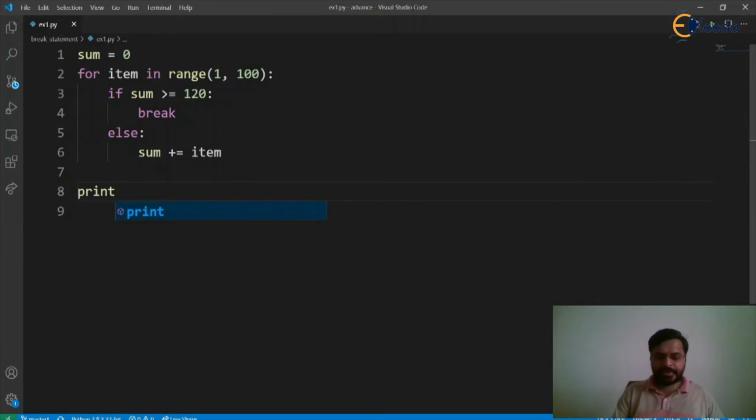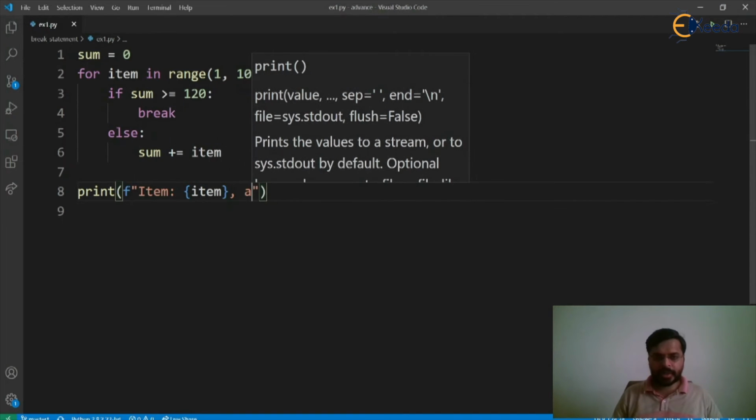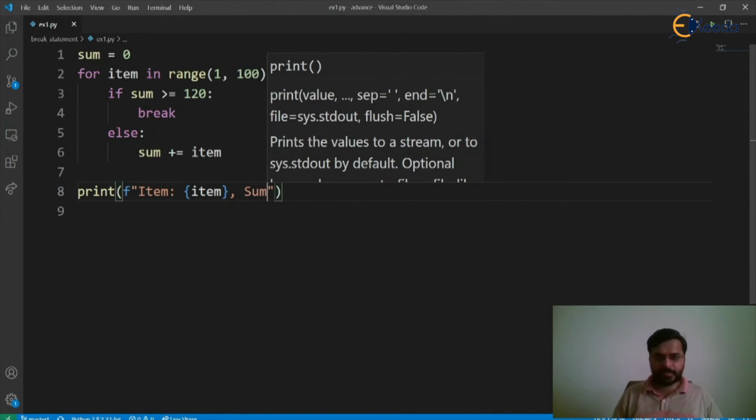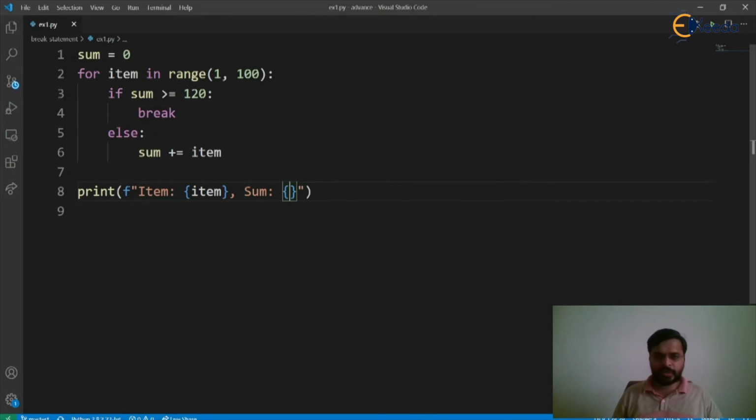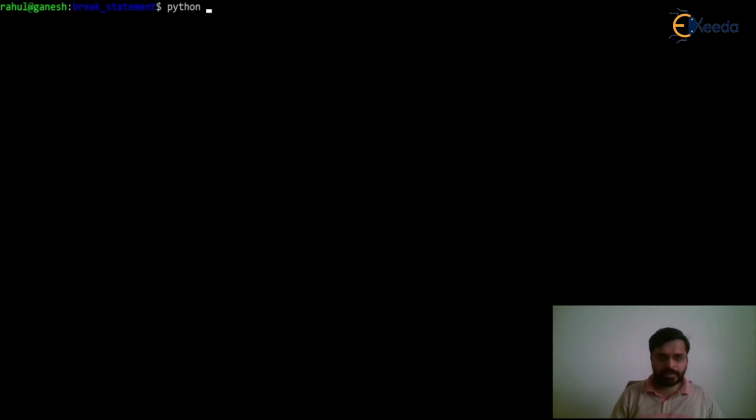Let's print this result. So we will use f string and say item, so at which item we got the summation which is greater than or equal to 120. We want to know that, and we want to get the summation, so the summation value which is in sum. So let's execute our program and see the output. Python ex1.py, and here we can see that at the item 16 we got the summation as 120, and our program